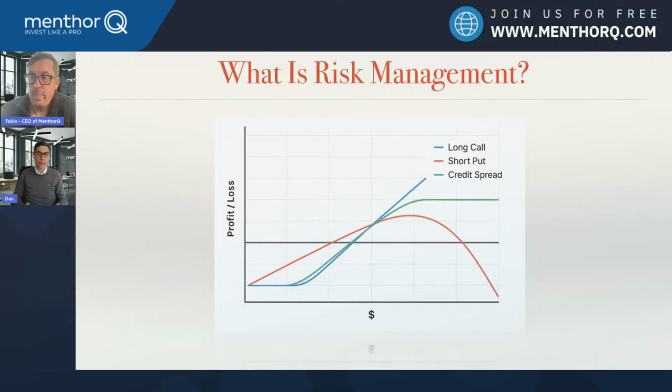So if you had, let's say, 2 weeks ago, some short strangles and you didn't know what you were doing, you didn't watch the data, you would have paid a very high price now. If you had set up some iron condors, you would have lost, but the risk would have been capped. And if you don't know what you're doing, practice, practice, practice, and in the end, really try things out and use the data Matthew Q is giving you.